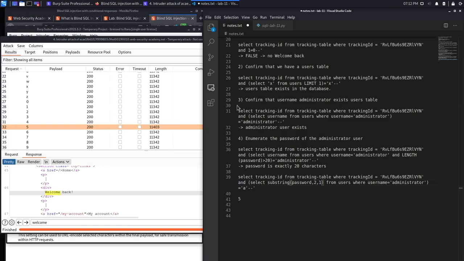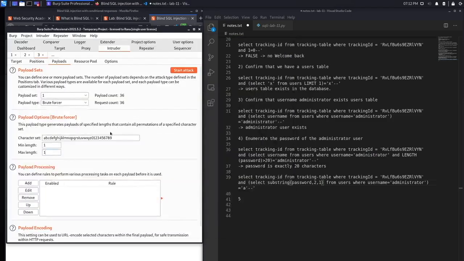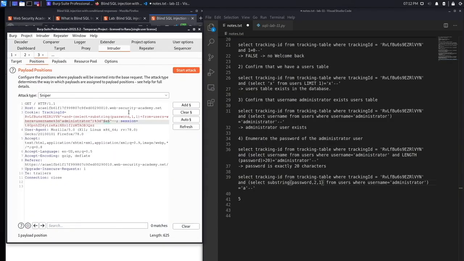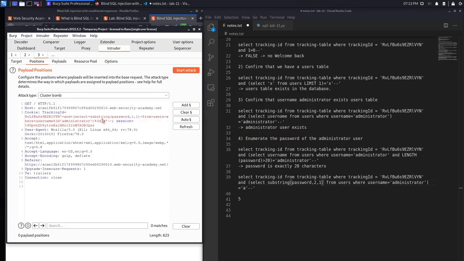So instead of doing this 20 times, let's discard this. I'm going to use a different type of attack, and that's called a cluster bomb. So instead of just having this as one of our payloads, we're going to add this one as well. So we'll add 1 and then add A. And then in the payloads, starting with 1,